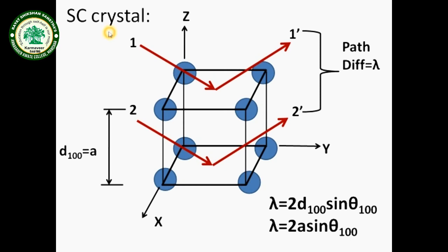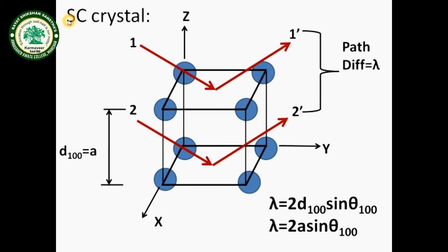For the simple cubic crystal, we are having arrangement of atoms along 3 directions, as has been shown over here, and it reveals that we are having one plane along this direction and we are having the down plane or base plane. In between two planes, the X-rays are coming, they are hitting, they are interacting, and reflection will take place in the direction of 1 prime and 2 prime over here.